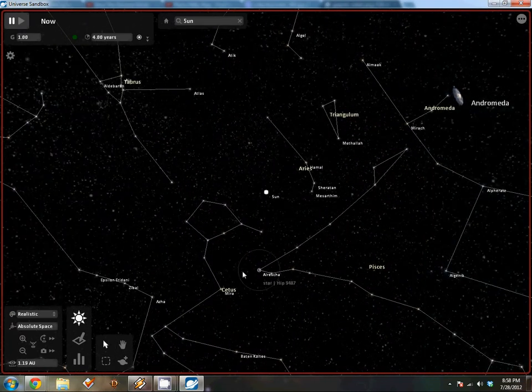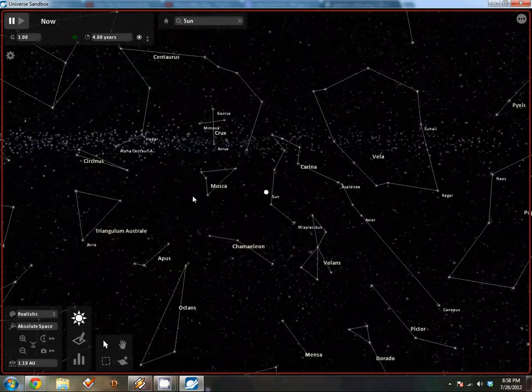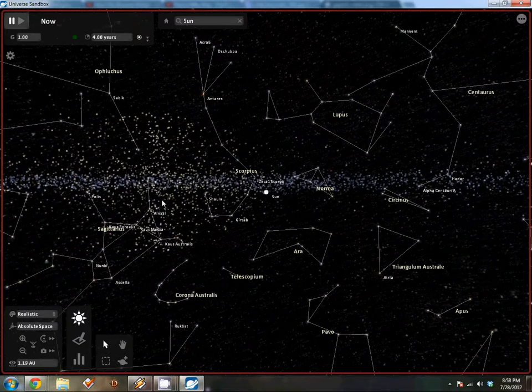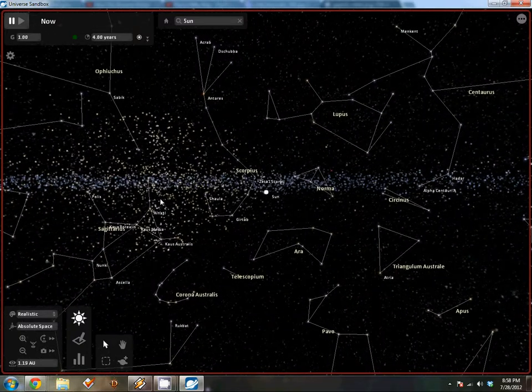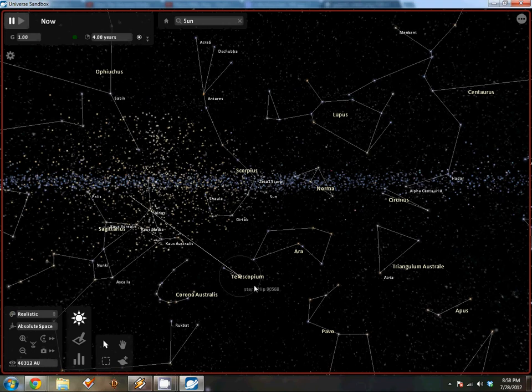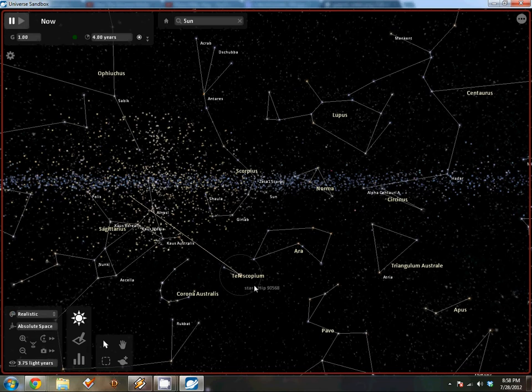Now, what I wanted to point out here was that all of these stars, just from the naked eye, they look like they're all about the same distance apart, and they look like they form these specific shapes, but that is only a trick of perception. People put a lot of metaphysical weight, magical thinking weight on these arrangements of stars, but if we just zoom out here a little bit, now we're at 2.3 light years already.